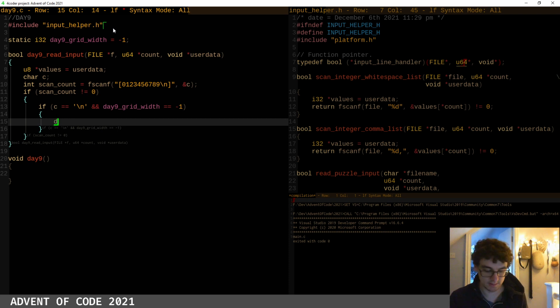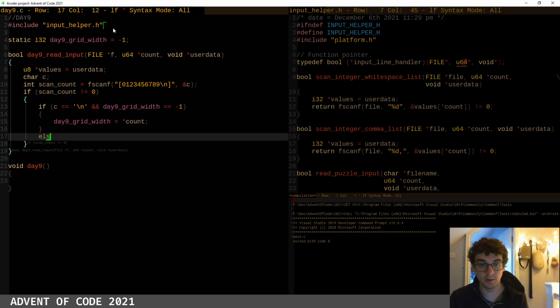We can say our day 9 grid width is actually equal to the current count value. Otherwise, c is not equal to a new line,